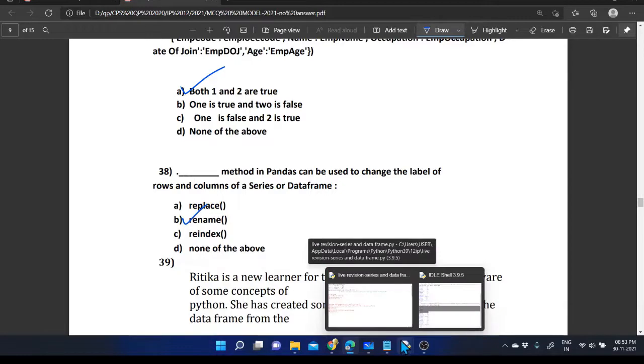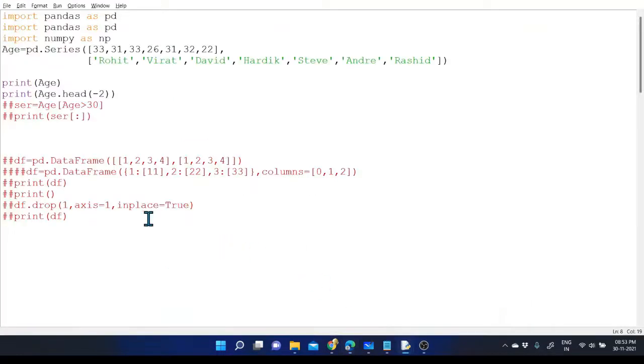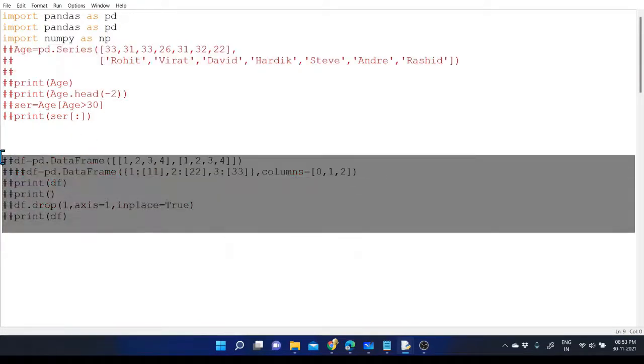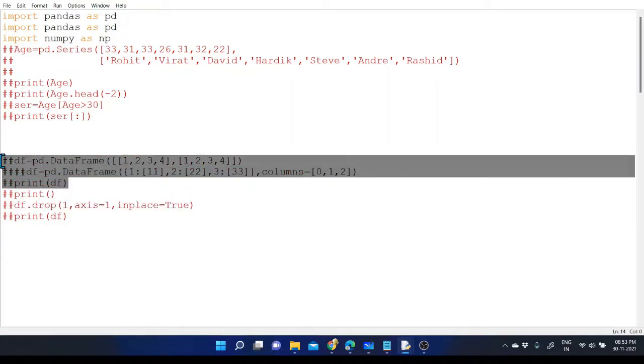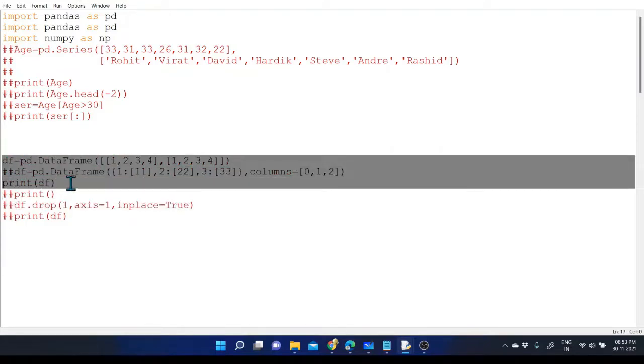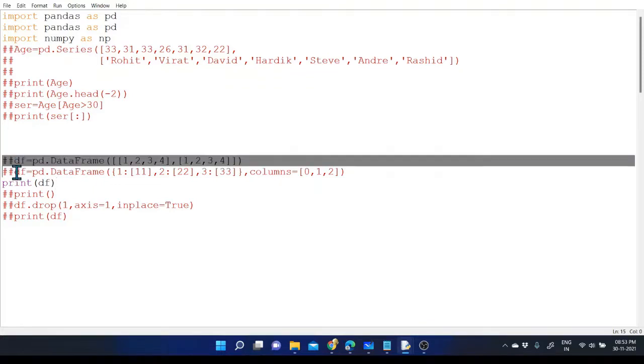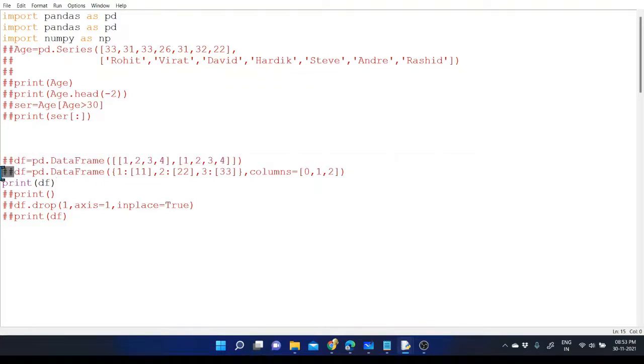We are going to see that by using an example. So here we are providing the series, so we are commenting it, and here you can see one data frame that's already created here by using the dictionary concept that we required. So we are uncommenting this one.